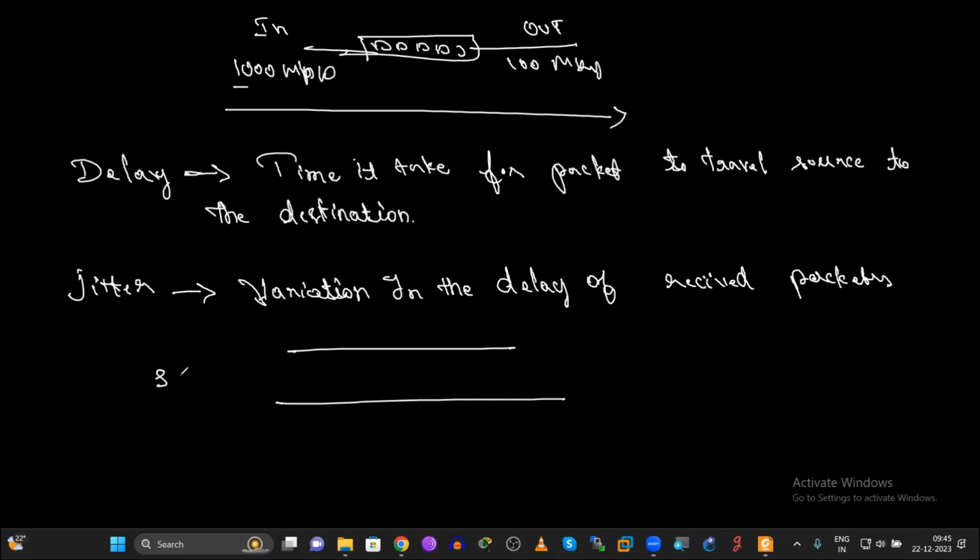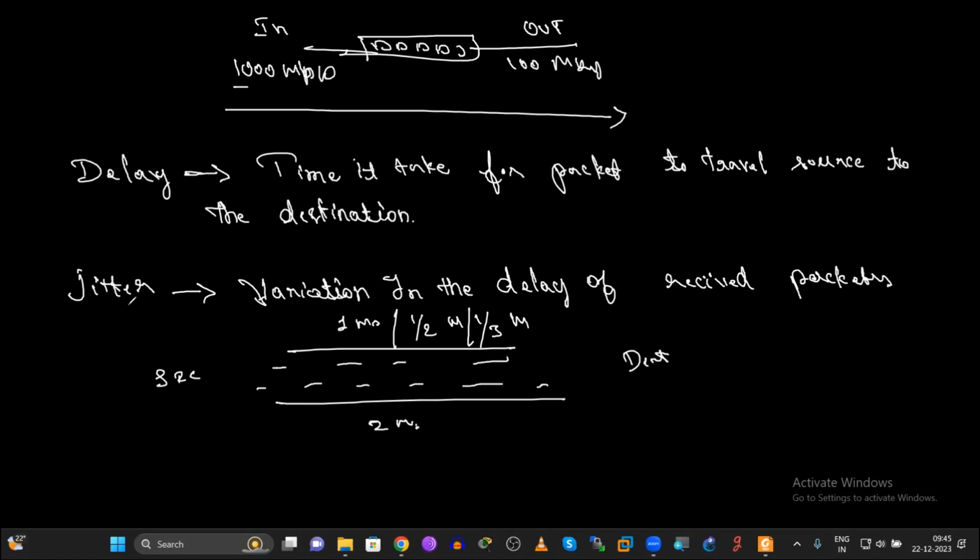To travel from source to destination, this is my path, my road. Sometimes it takes 1 millisecond, sometimes half a millisecond, 1/3 millisecond, sometimes 2 milliseconds. This jitter will vary based on the real traffic conditions. This is what we call delay, and this is what we call jitter.